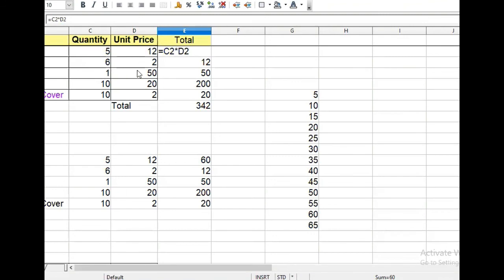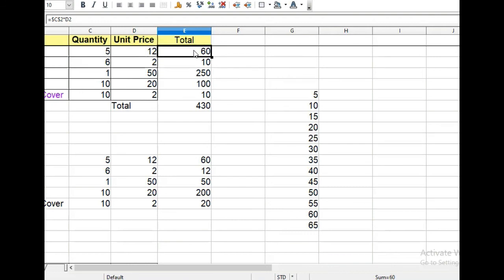So put a dollar before this column letter C and row number, that is 2, and click here, and now drag it. Now you see the change. Now this 2 is multiplied by 5, 50 is multiplied by 5, 20 is multiplied by 5, 2 is multiplied by 5.